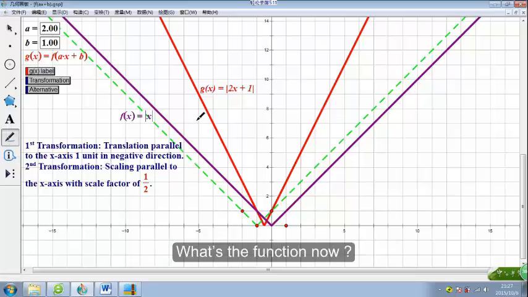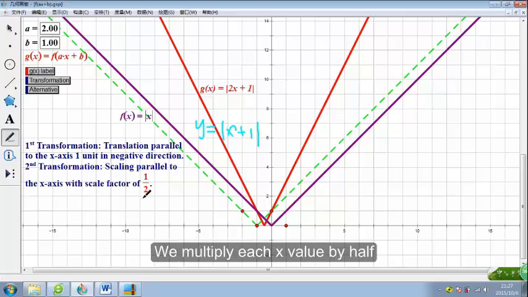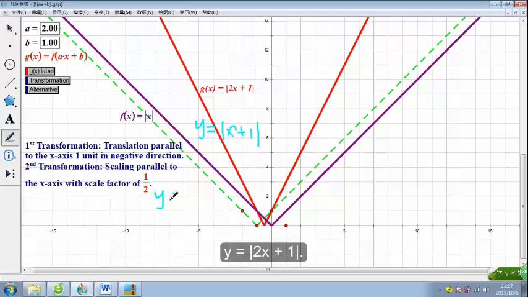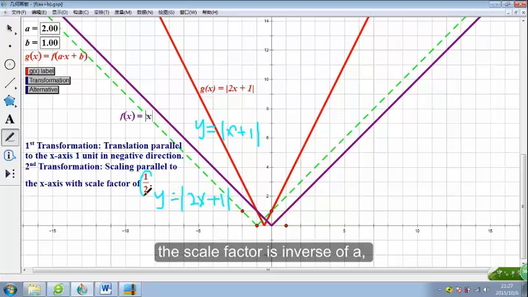What's the function now? Here it is y equals modulus x plus 1. Second transformation, scaling parallel to the x-axis with scale factor of half. We multiply each x value by half to obtain the red line, which is the graph of g(x). So y becomes modulus 2x plus 1. Bear in mind, the scale factor is the reverse of a, which is half. We discussed that in the previous chapter on translation. Remember,